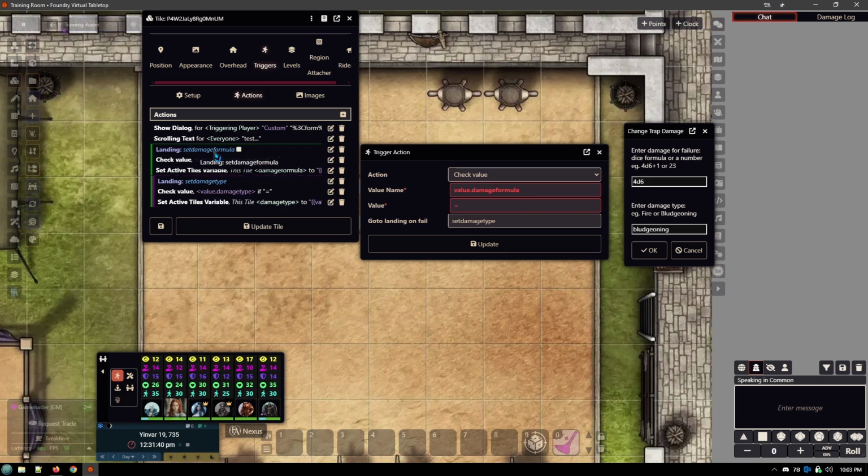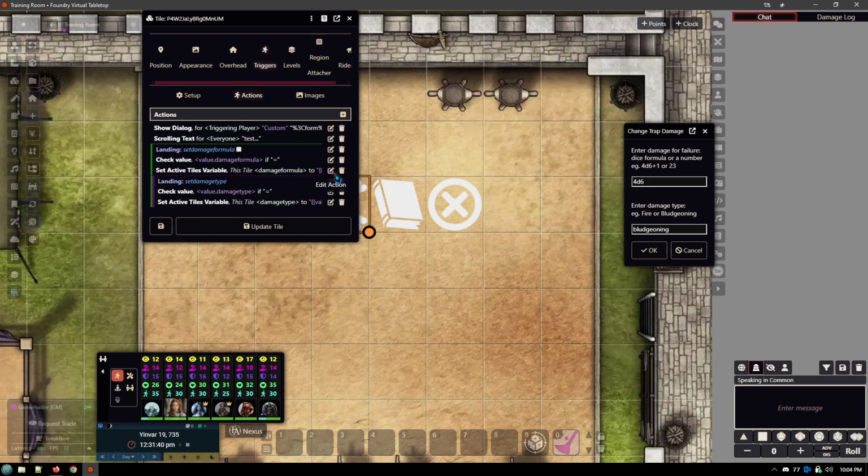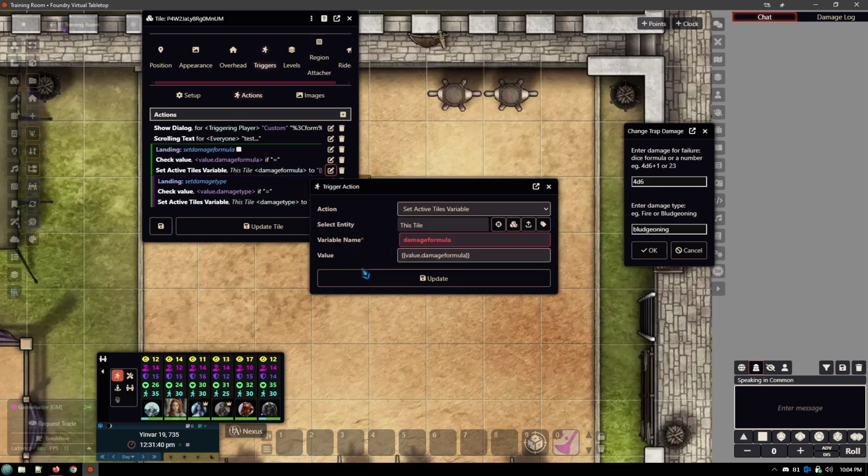Do the next thing. So this one is for setting the damage formula, and this next landing is for setting the damage type. So what this is saying is if it's equal to nothing, then don't do this. Jump down to the next landing. Don't do this. So if they enter nothing, it will keep the information it already has, just as a safety check. All right. Otherwise, it's going to come down here and it's going to take the value and assign it